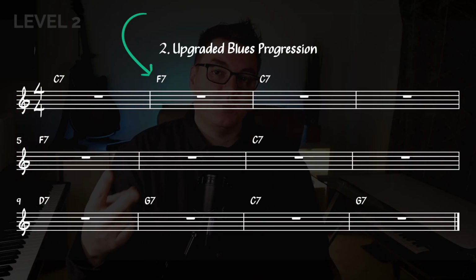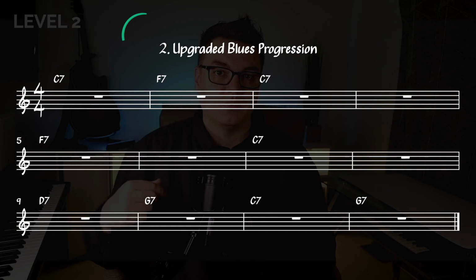So the first thing we're going to do is what's called a fast 4. In the first 4 measures, we're just playing the 1 chord the whole time. It's a long time to sit on 1 chord. So we're going to swap out the second bar for a 4 chord, and then we're going to come back to 1. The other thing we're going to do is change up the other chords here at the end a